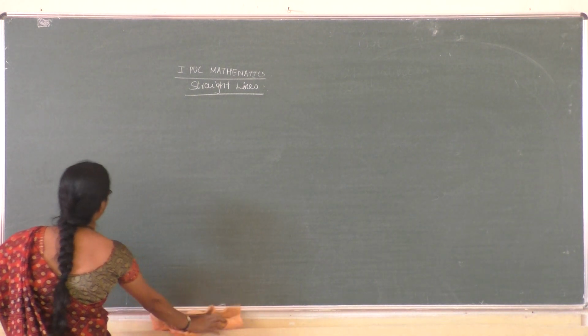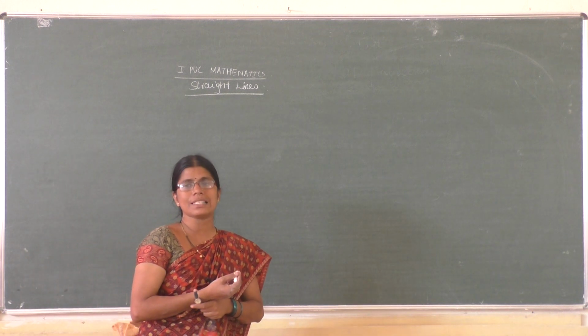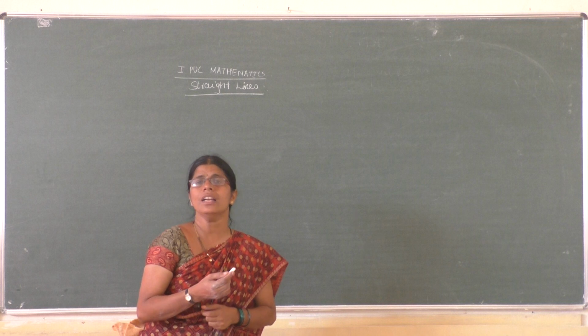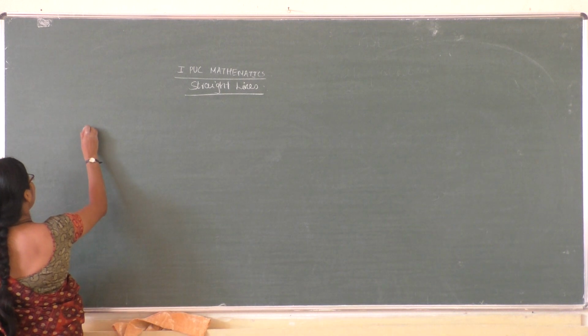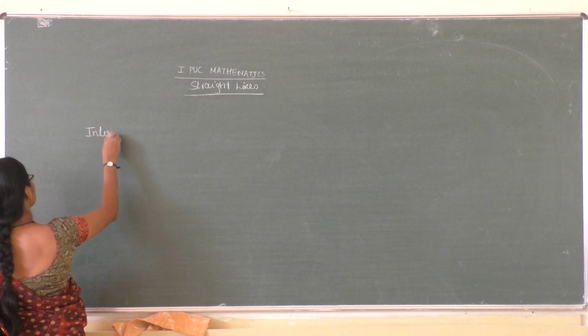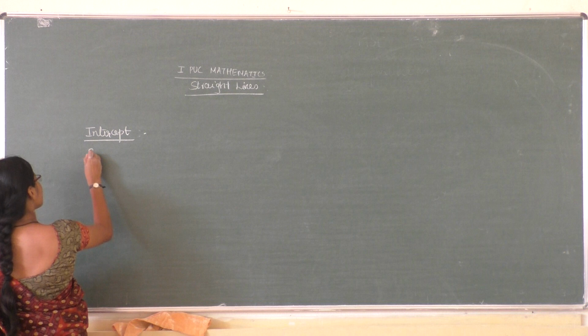ನಾವು equation of a line when the intercept and slope are given, okay. ಸ್ಲೋಪ್ ಮತ್ತೆ ಇಂಟರ್ಸೆಪ್ಟ್ ಕೊಟ್ಟಾಗ ನಾವು equation of a line ಫೈಂಡ್ ಔಟ್ ಮಾಡಬೇಕು. ಸೊ ಫಸ್ಟಿಗೆ ಇಂಟರ್ಸೆಪ್ಟ್ ಅಂದ್ರೆ ಏನು? ಸಪೋಸ್